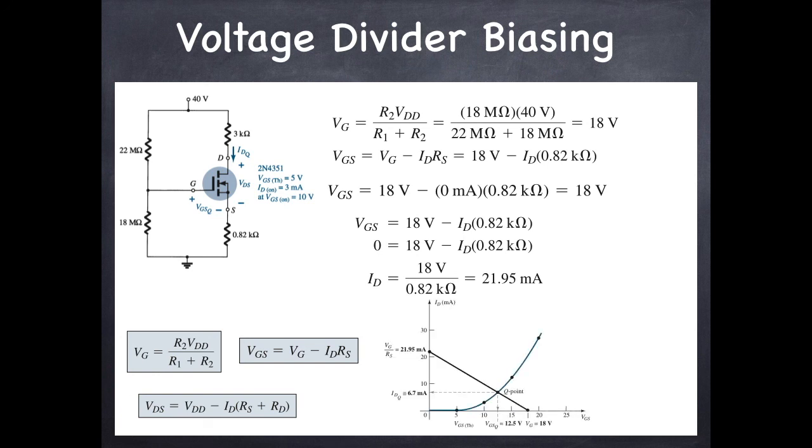What does that mean? This characteristic curve is plotted using these values given here in blue, the threshold voltage and the drain current and all. Here we have two extreme points, one for VGS when drain current is 0, that is equal to 18 volts, and one for maximum drain current when VGS is 0, that is equal to 21.95 milliamps, and we draw a DC load line using these two values, and when the DC load line crosses the characteristic curve at a point, that point is called the Q point.